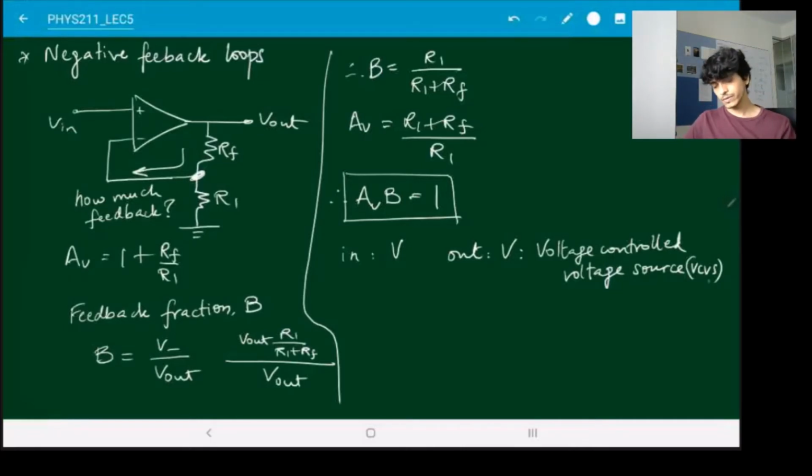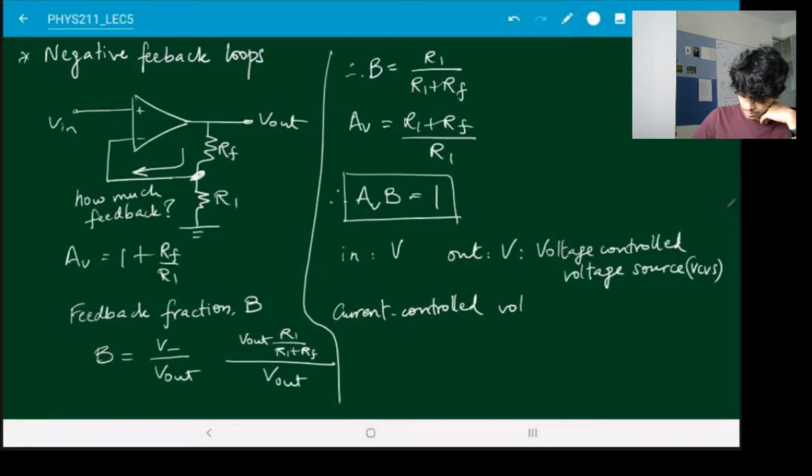However, you can also have a circuit in which in the input you are not supplying a particular voltage, rather you have a current source which is providing a fixed known value of current. And then on the output you might want to measure the voltage. So then that would be a current controlled voltage source,